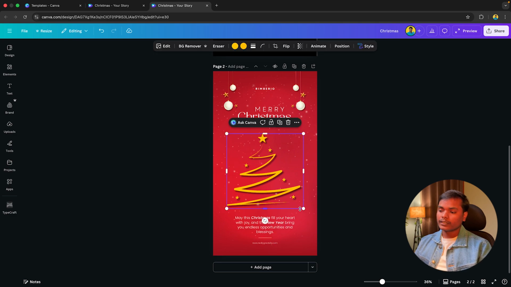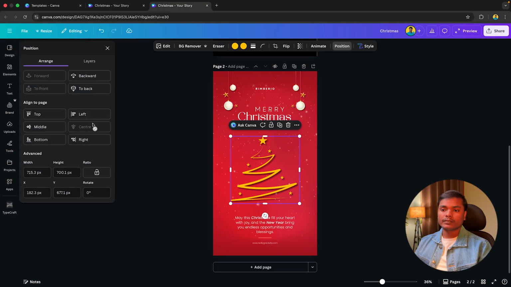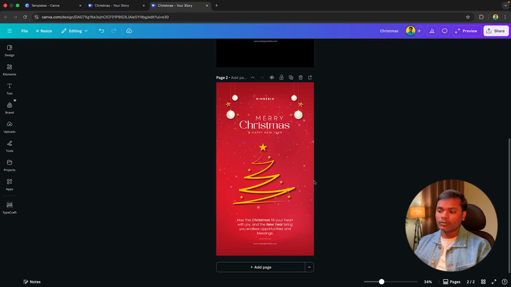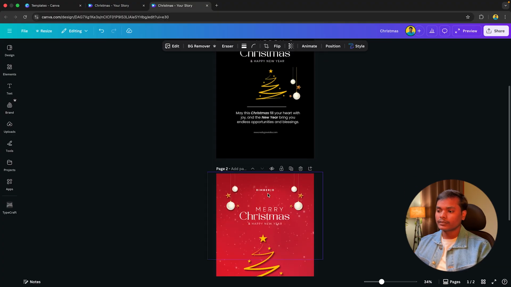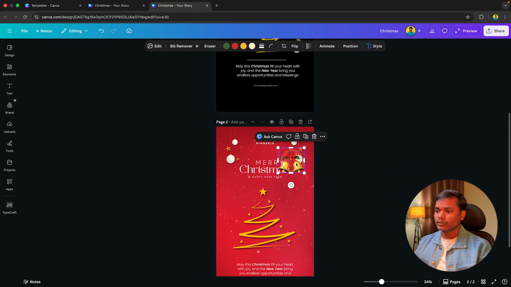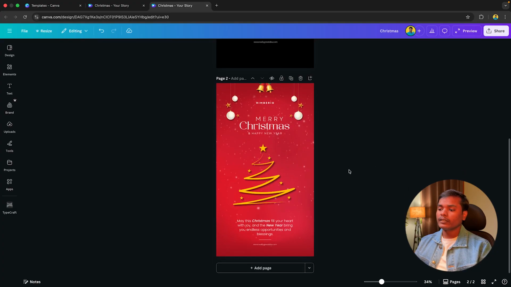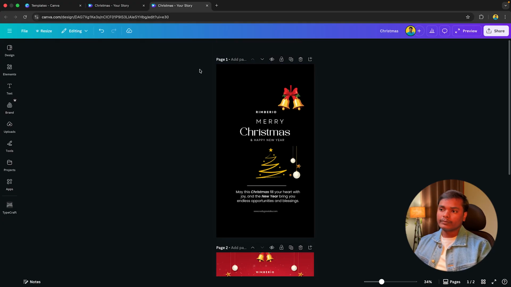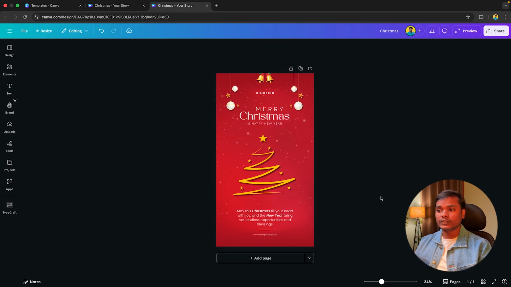I will decrease the size a little bit more to make it more attractive. Okay, let's change the position here. And you can see we have arranged all the elements. Let us put this bell icon here. I will just select this, and I will put it like this. I will decrease the size and I will place it into the middle. Let's make it down a little bit like this. Now it is okay. And I will delete the rest of this asset file from here. I will just delete the page, and our static post is ready.